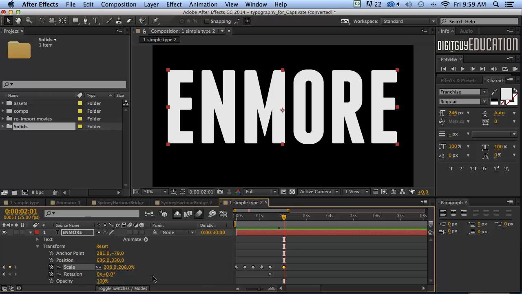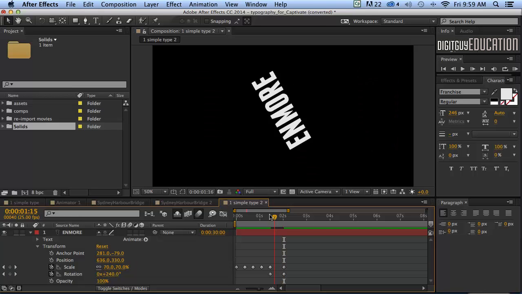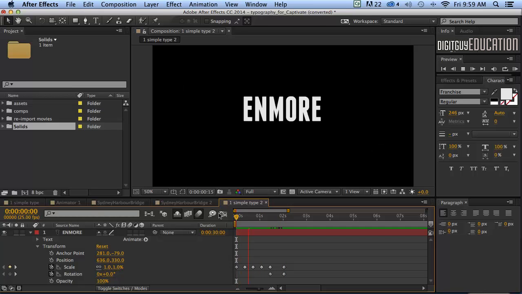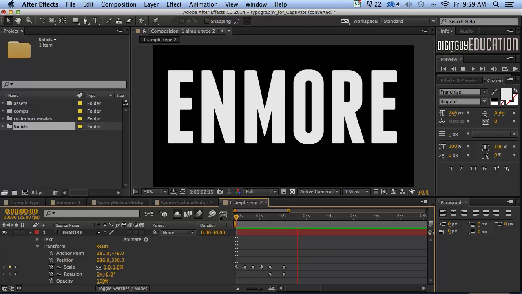And what I want to do is rotate it twice, which is quite dramatic. So let's have a look at that. Up it comes, backwards and forwards. Second time it rotates like that. Very nice indeed. And what I want to do is I want it to scale back a little bit